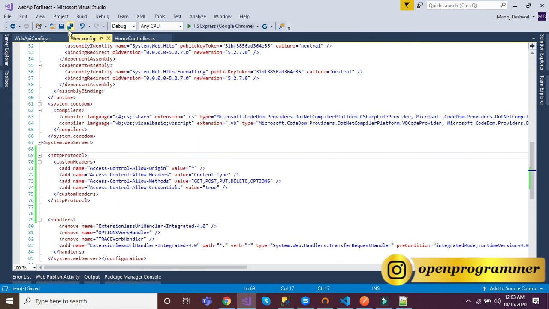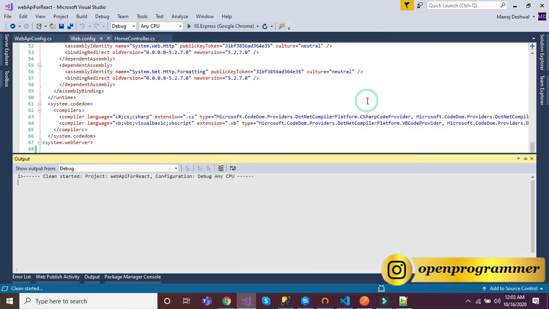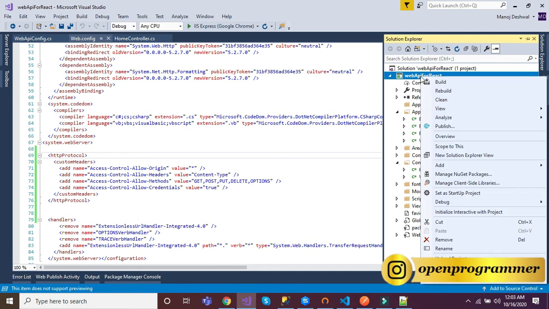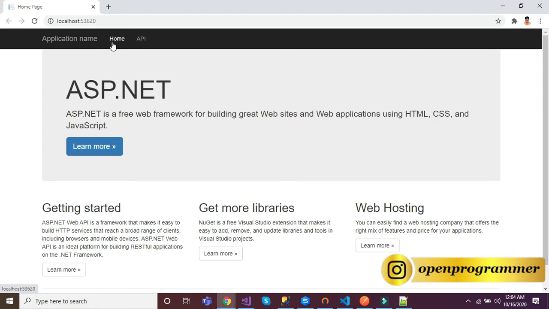After that, go to your Solution Explorer, right click on the project, first clean it. After that, again go to the project and build it. It is built successfully. Now run it. It is loading. By the time, yes, it is loaded now.